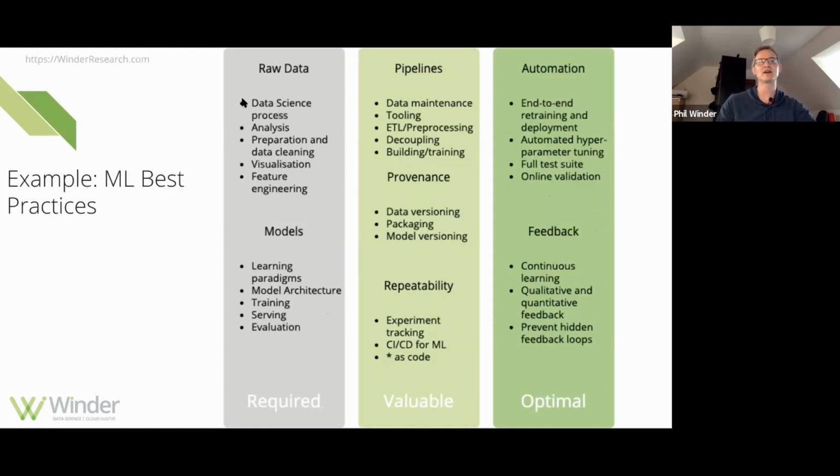So what do I mean by that? In order to build a data science product, we need some raw data. We need some raw materials to start from. And once you've got that raw data, those raw materials, then we need to have a structure or a set of skills to be able to analyze and understand that data in order to solve a problem. And that's the classic data science,